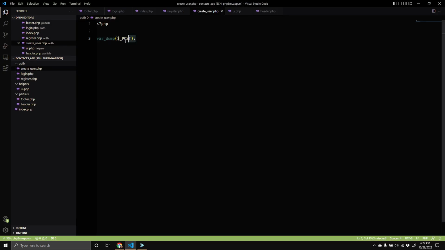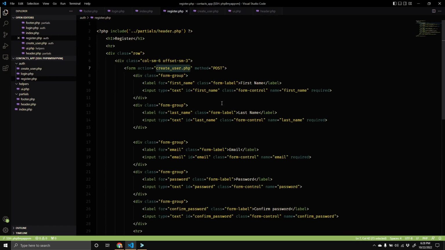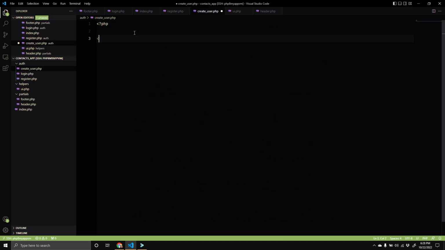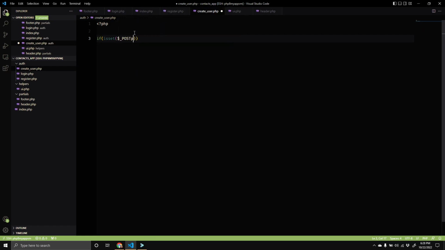Now let's try and create this user, right? So we are going to do some validation here. Because we have the required, let's just say that these are enough, right? So let's just assume that and just go here and let's just check that the password and confirm password match, right? So we'll do, that's if isset dollar underscore post password and not empty